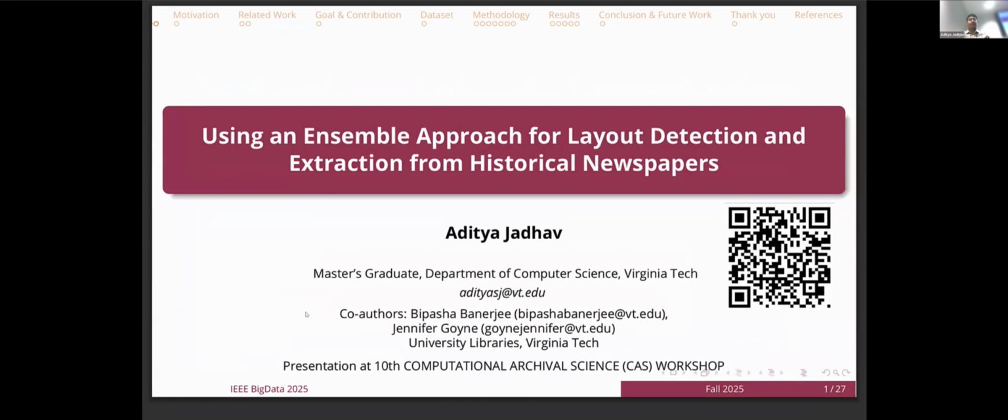My name is Aditya Jadhav, and today I'll be presenting our work titled Using an Ensemble Approach for Layout Detection and Text Extraction from Historical Newspapers. This work is in collaboration with my colleagues, Professor Bipasha Banerjee and Jennifer Goyne from the University Libraries at Virginia